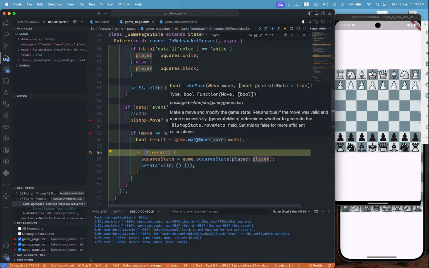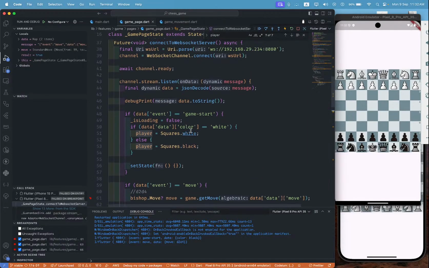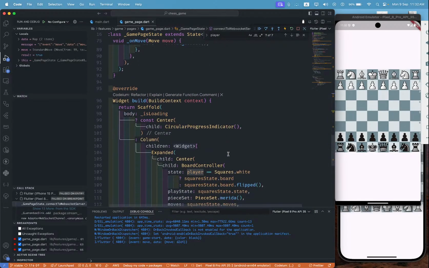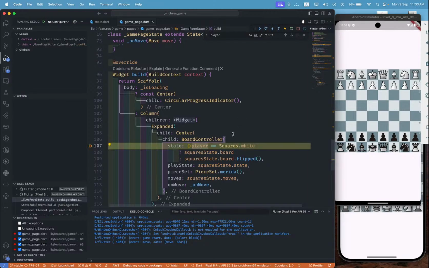This is a move, and the player is 1. Player is 1. 1 means black. Okay, and we will test it here, and we will have a debugger here to see if the player value got changed somehow. So player is 1, squares dot